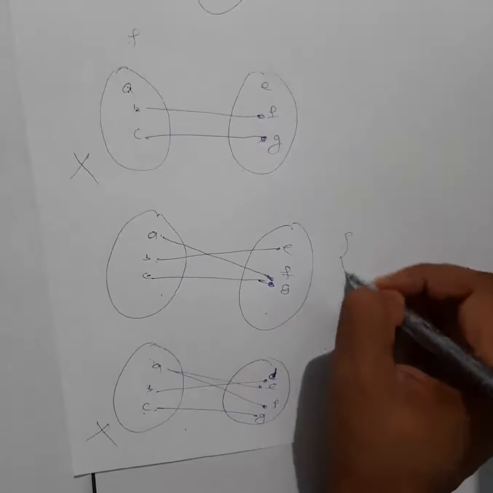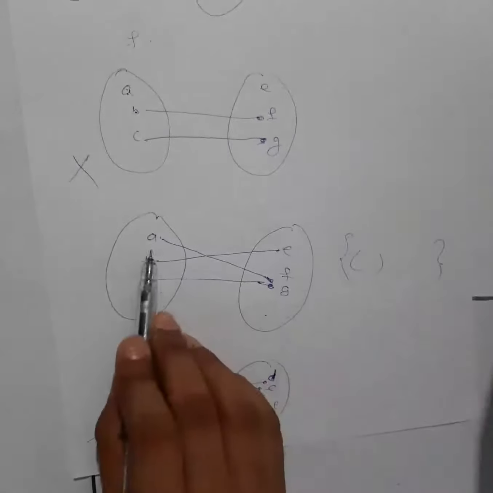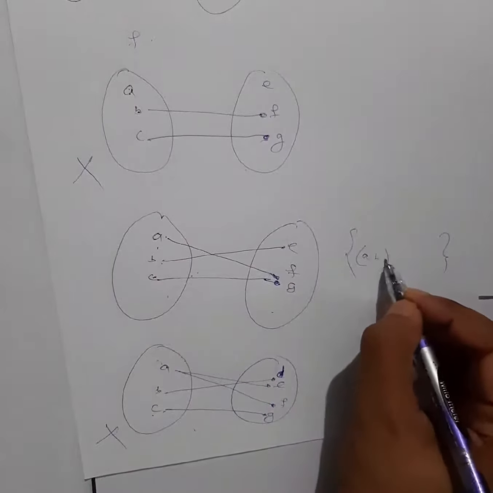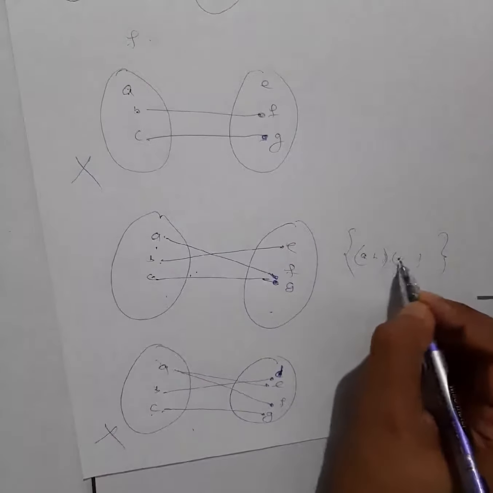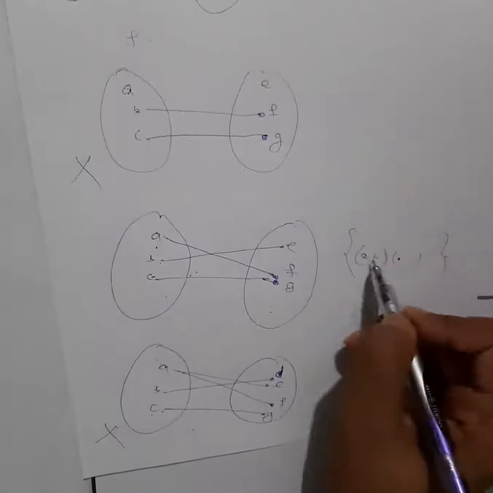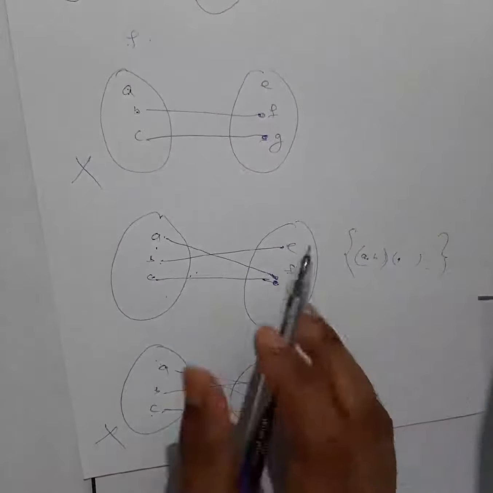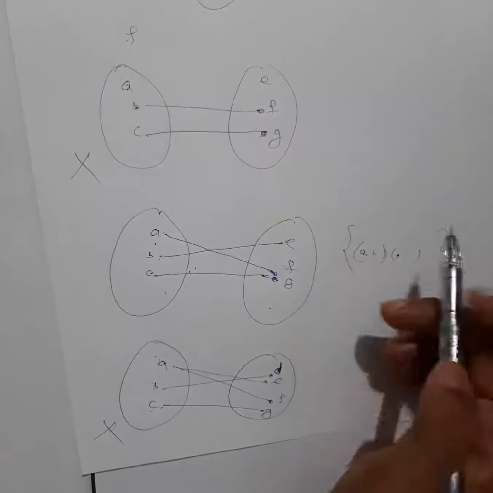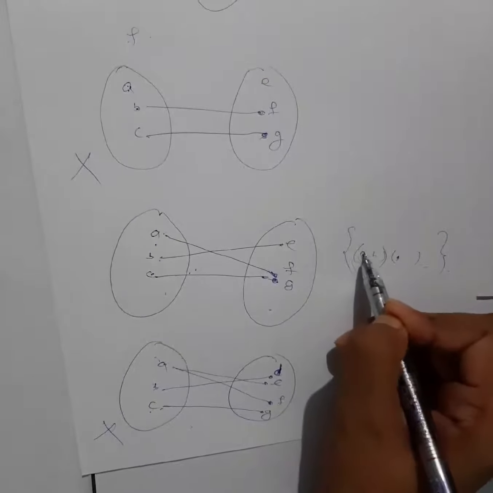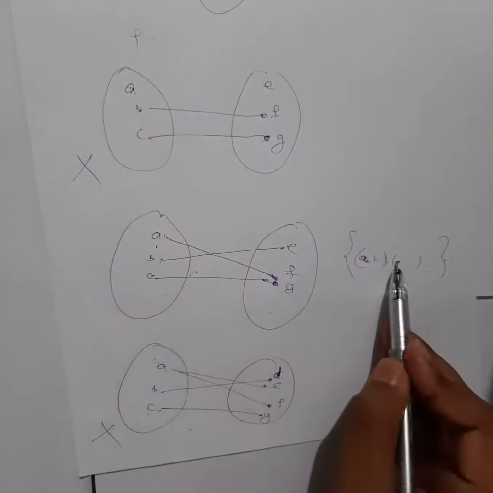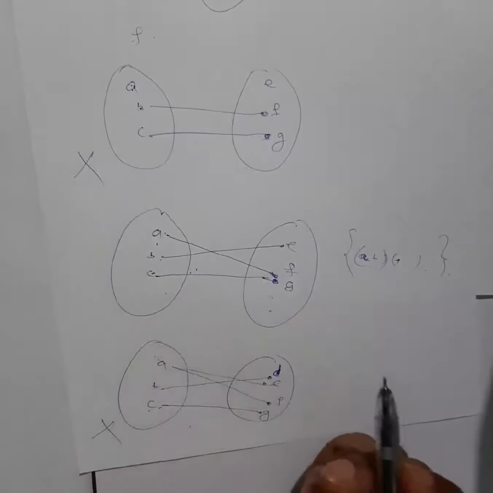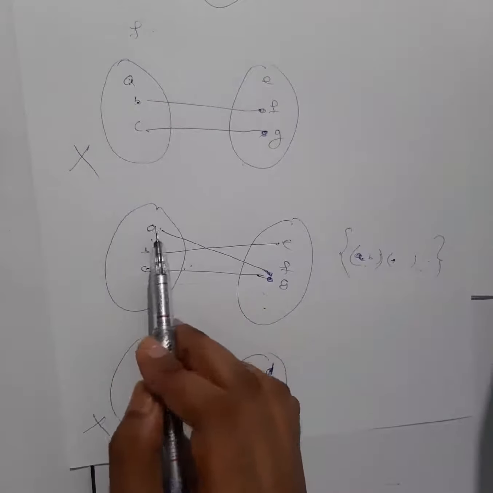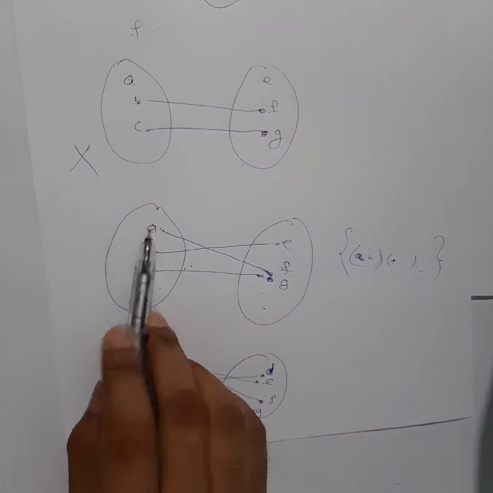With roster form, if you want to write this down in roster form, you will see that for the relation which is a function, when you write the ordered pairs, the first element, whatever it is, will never repeat. In any ordered pair, it will never repeat. Okay, these are all observations. Once you understand this with the arrow diagram, your observation must be very clear. When you write in roster form, it must be clear that the first element will not repeat, because if it repeats, it means the same element has a different image. If it has a different image, then it won't be a function, because we told you that a function is one in which every element must have exactly one image.